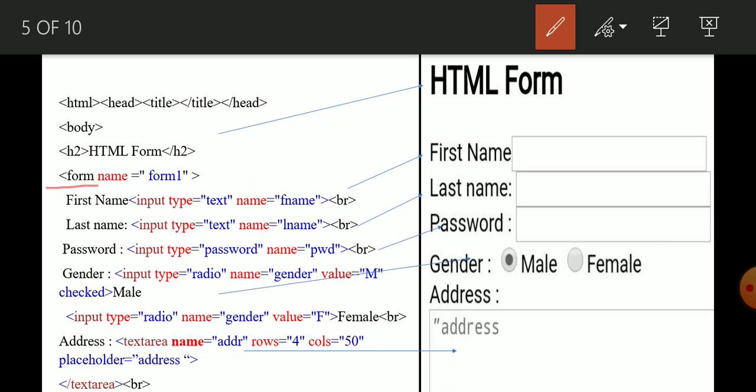Now when we write any tag, we usually use the attribute, right? Attribute means which gives the extra information about the tag, and we always write attribute inside the starting tag, not in the end. Here we use a form tag with the attribute name, which is used to uniquely identify the form in the same page. How name is attribute?